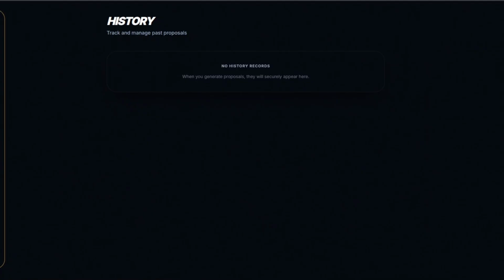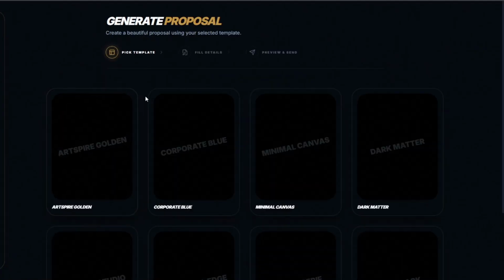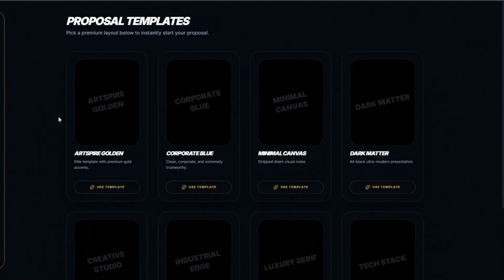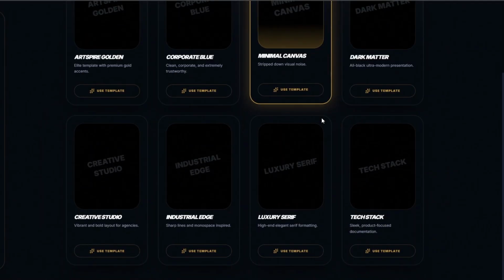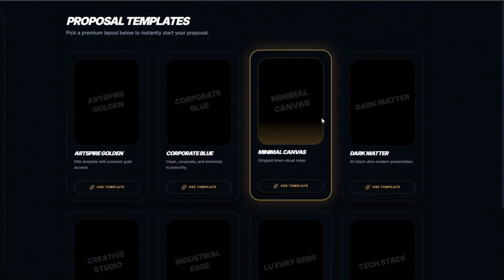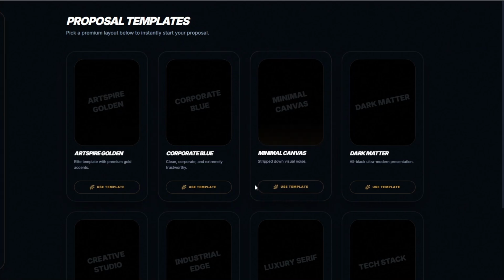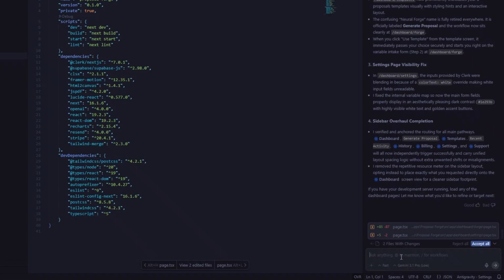So let us make changes to the generate proposal page and also tell Antigravity to include thumbnail images on the templates and also to include templates that are going to be used to generate the proposals. So let's go ahead and instruct Antigravity right here to make the changes. But before we do, we can save all this information and what we've done so far to the site into a Gemini.md file. So here you can tell Antigravity that